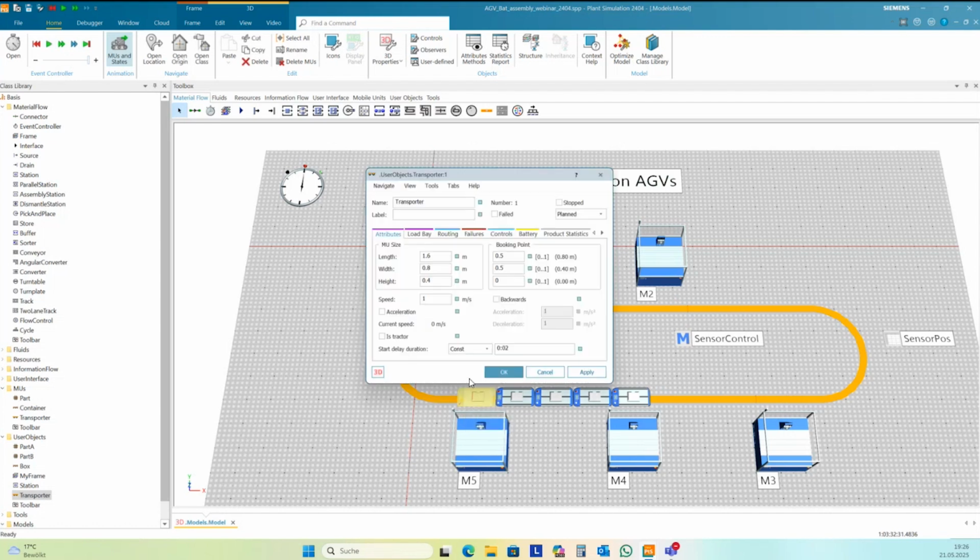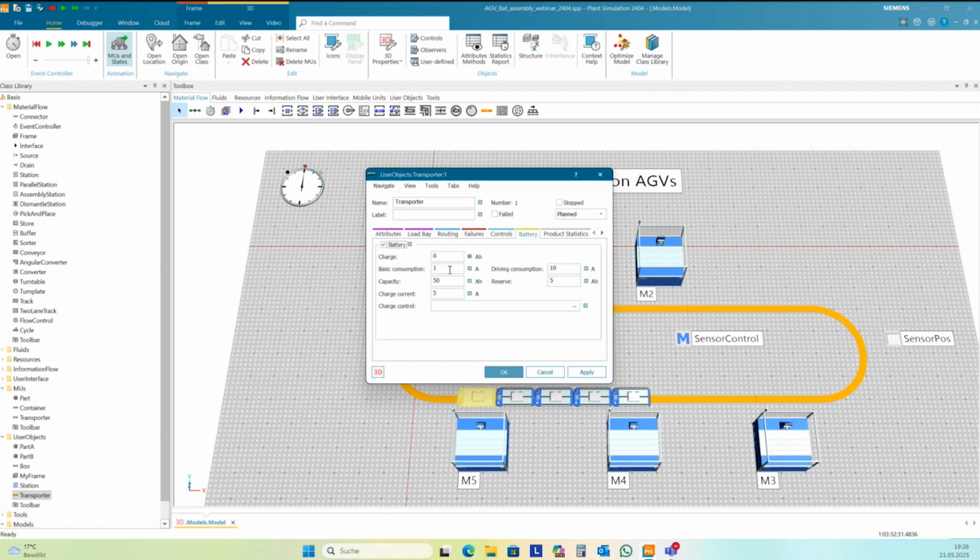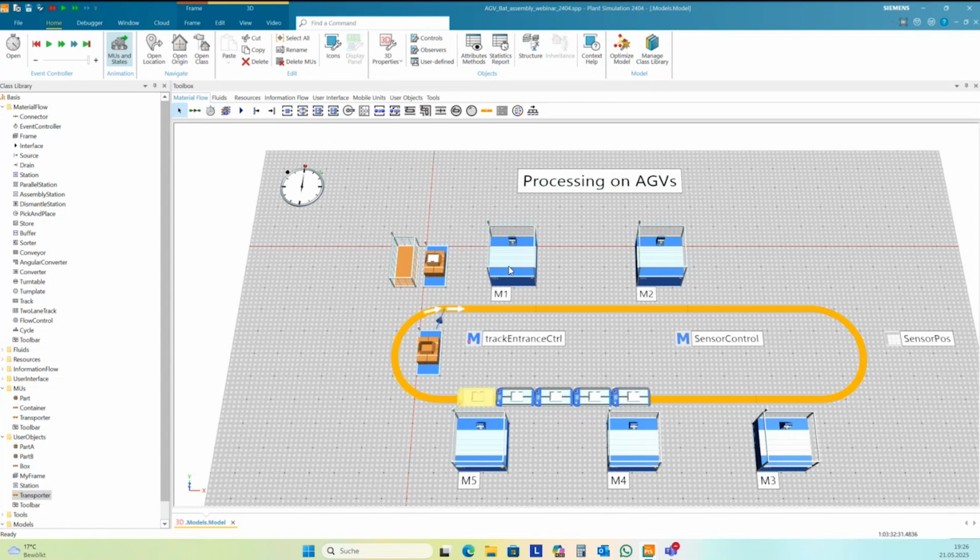Now we can go into the battery tab, and here the charge is 0, and this transporter stops and doesn't run anymore. So one charging point is not enough, because after 1 day and 3 hours, the battery charge is 0.